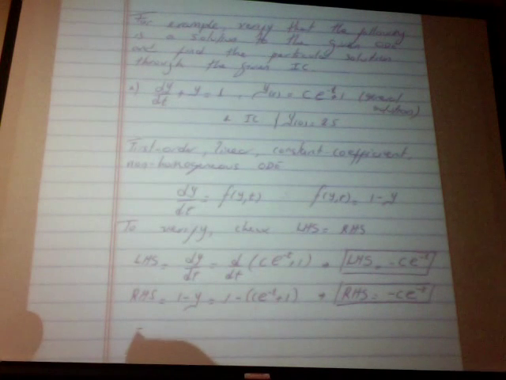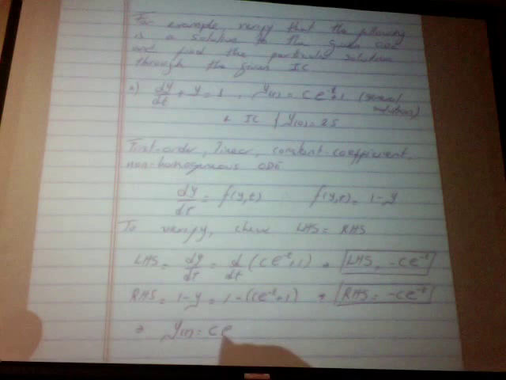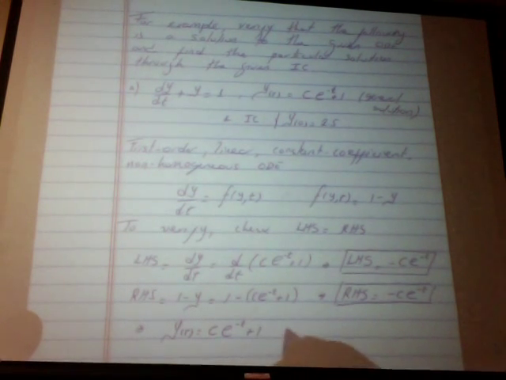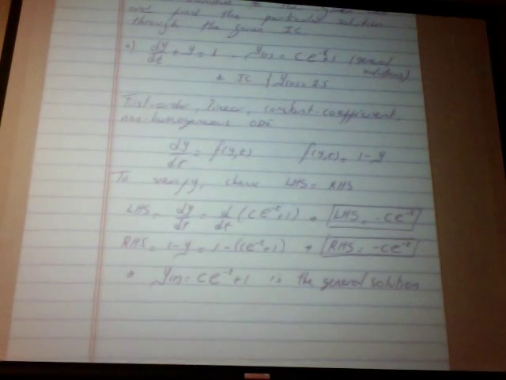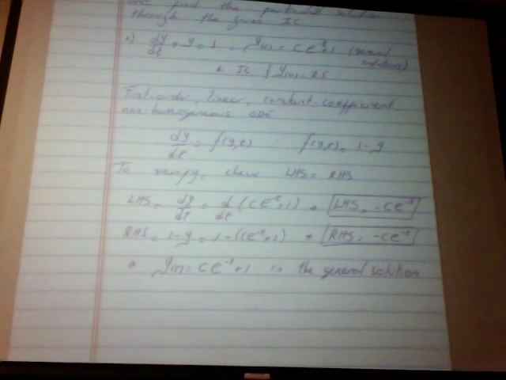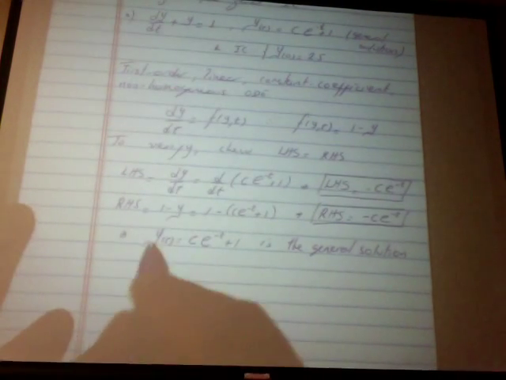So therefore, y of t equals c e to the minus t plus 1 is a general solution. Let's call it the general solution. Which is semantically incorrect to say that it's the general solution because it is actually a family of solutions. Okay? Now the particular solution